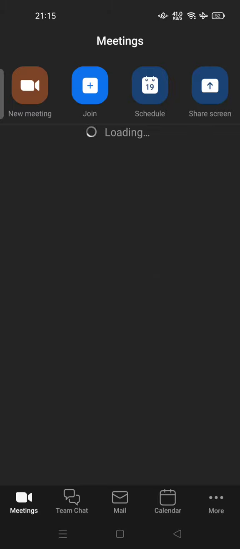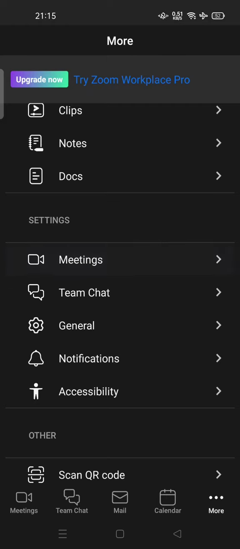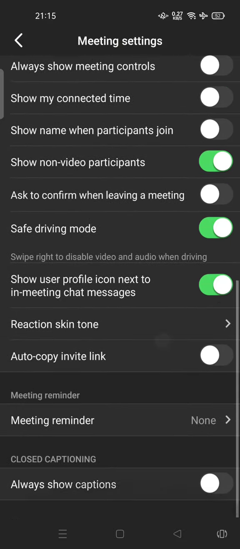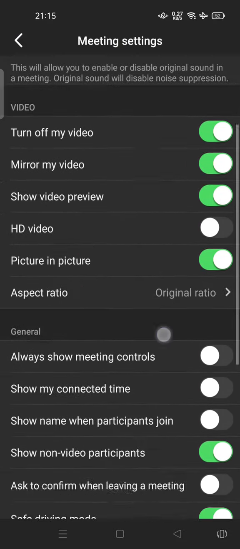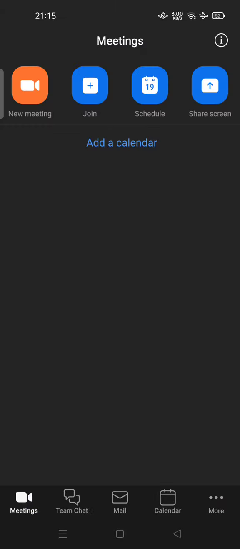Today I'm going to show you how you can use Zoom background on your old smartphone, like iOS and Android. So if you update your Zoom app or Zoom Meeting app into Zoom Workplace, you cannot set your virtual background in the meeting settings anymore. Here, you can set your virtual background, you can blur your background in meeting settings. But in the new versions, you can only set your virtual background when you start or join a meeting or start